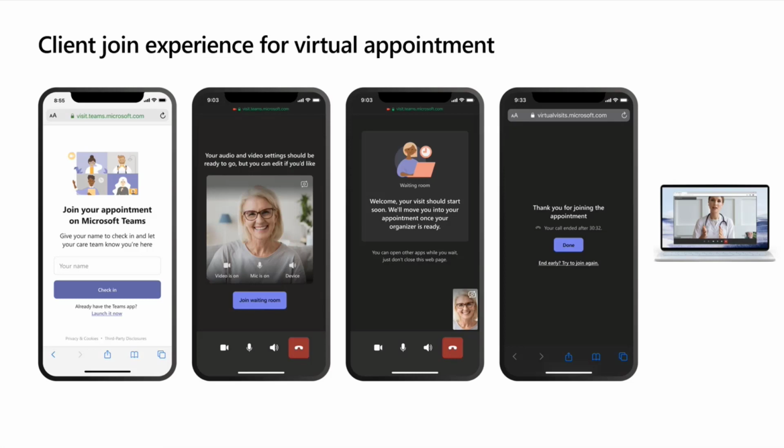Yeah, so if you want to schedule in Teams, we have a Bookings app that you can use. This Graph API is more for if you schedule outside of Teams. So you want to create these hosted virtual appointments, like this screenshot, but you want to integrate this directly in your scheduling system outside of Teams. So we return those two separate links. One is the standard online Teams meeting link that the provider joins. And then the second is this client join link. And so you can display that anywhere in your application that you've developed. But yeah, this is primarily for if you have your own scheduling system and you want to embed it there.